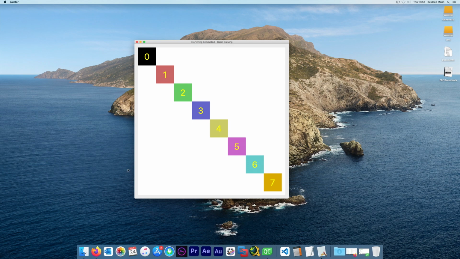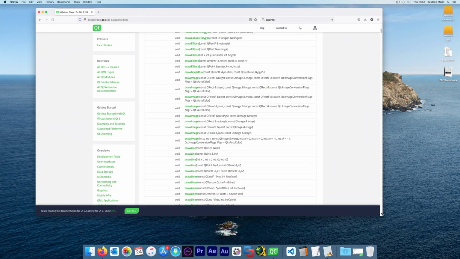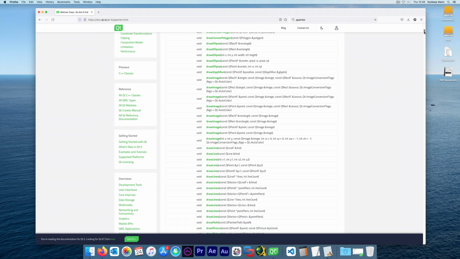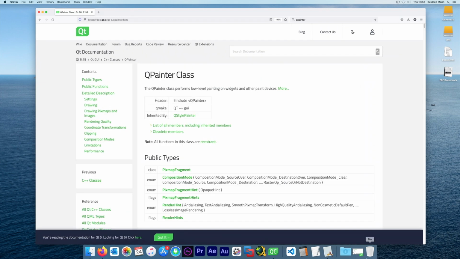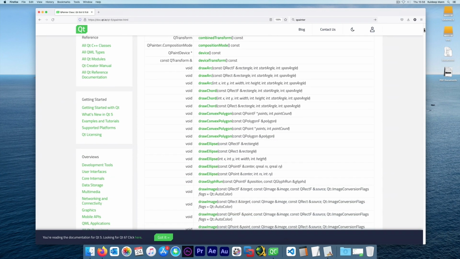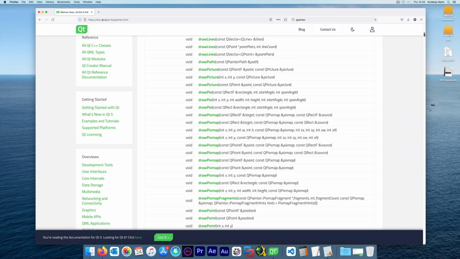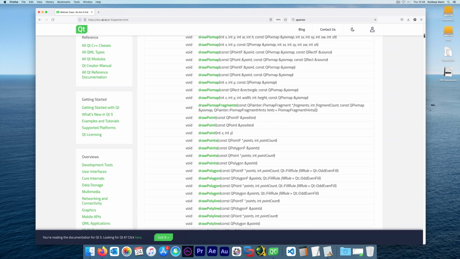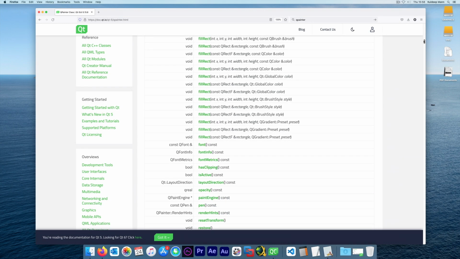Let's look on the Qt website itself. What does this do? So here we are on the Qt website, and this is the QPainter class. I will just zoom in slightly so that it gets bigger. So what does it allow us to do? With QPainter, we can draw a chord, we can draw polygons, we can draw ellipses, we can display an image, we can draw lines, we can draw a pie chart as well, text, and we can fill those rectangles with various colors.